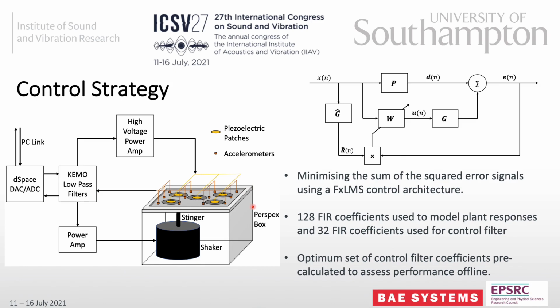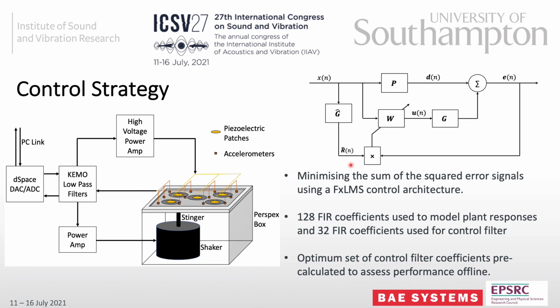So what we'll first require is an estimate of the response between each of these piezoelectric patches and each of these accelerometers. So this is going to be our plant response, and this can be modelled using 128 FIR filter coefficients. So this will be our G hat here. And if we filter this reference signal that we're taking from the signal that's used to drive the shaker, using our matrix of plant responses, then we can obtain the filtered reference signal matrix